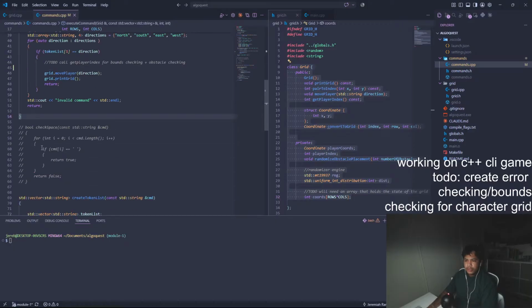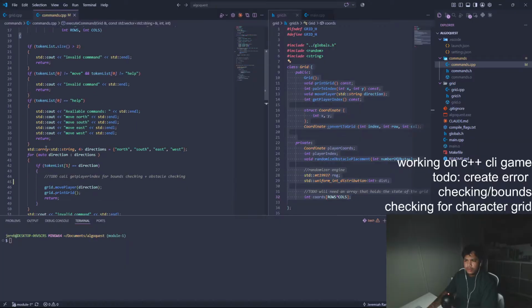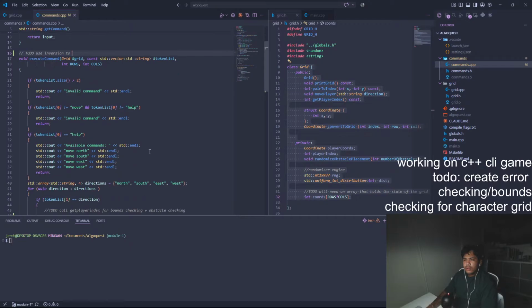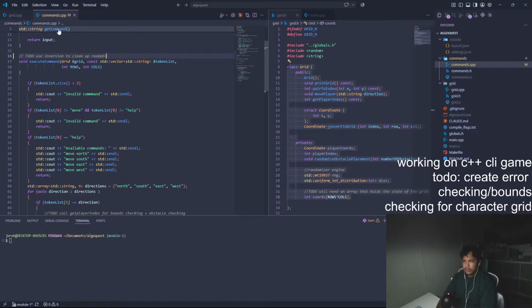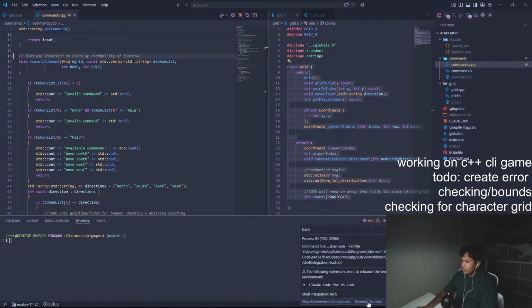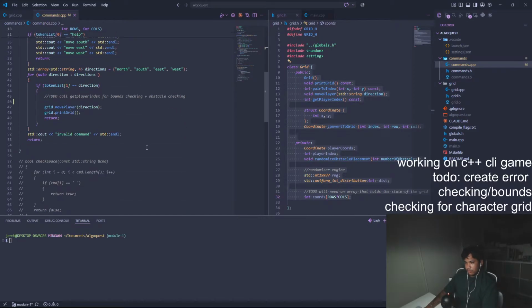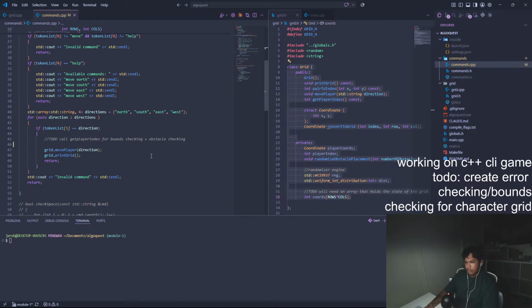I've got to clean up this execute command. Using version to clean up readability. Okay, so we'll do that later. So